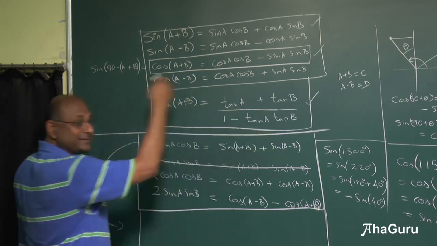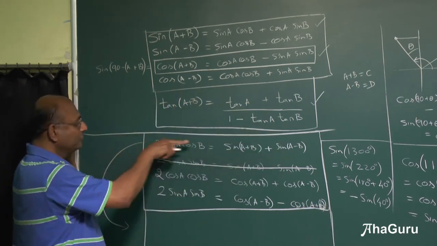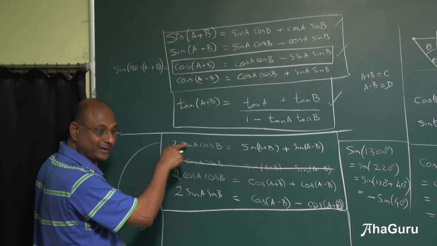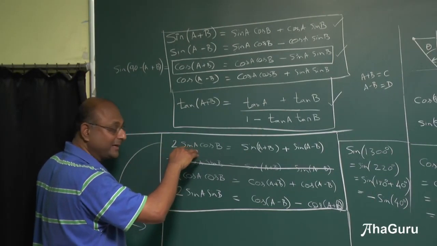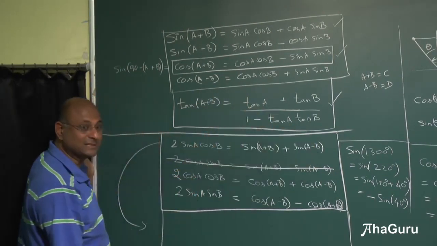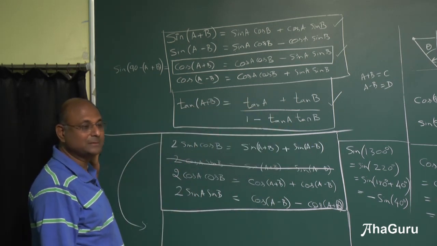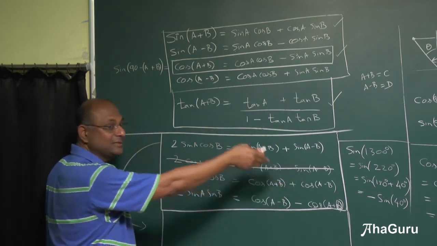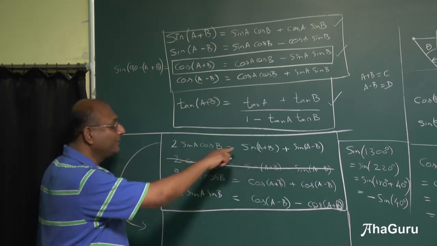Now I will just write this with this side order. When will you use this formula? When you already know that there is a product, to convert a product of trigonometric ratios into sums of trigonometric ratios. But sometimes there are sums of trigonometric ratios that we want to convert into a product. How do we do that?